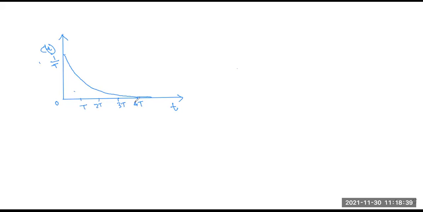As we learned in previous classes, this output has to be classified into two categories: one is the transient response, another is the steady state response. In this curve, from the starting point 0 up to 4T is called the transient response, and after 4T it tends to the steady state result, that means nearly a straight line. So this is called the steady state result. These are basically the time response.